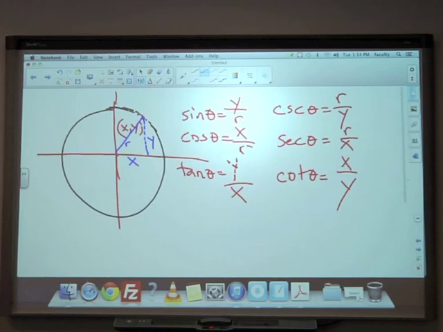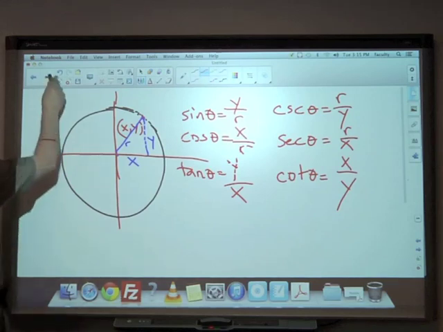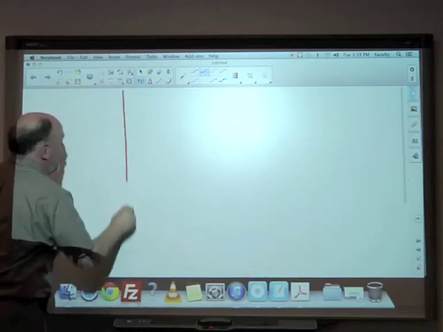Right? Now, given that a circle, in order to be a circle, must have a positive radius, right? R has to be positive. How many circles do you know of that have a negative radius? Right? So, given that R has to be positive,